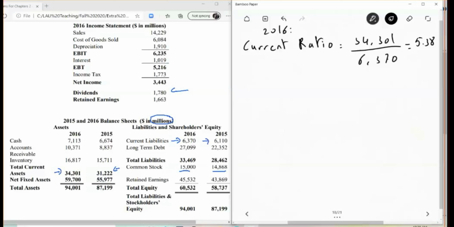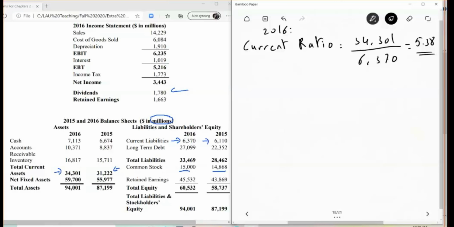So this is quite a good coverage. From the perspective of short-term creditors, this is a very good number, because if you remember, we've said that this number should be greater than 1. Whenever that number is less than 1, the firm is more likely to face some financial difficulties in meeting its short-term obligations. That's not the case here. Every $1 in short-term debt is covered by